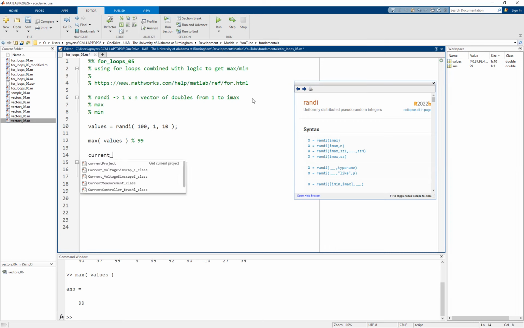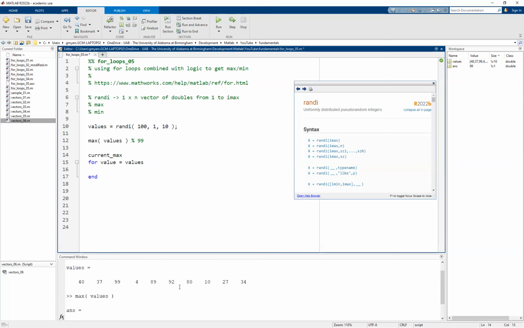In this case, we're going to call it current max. And the current max is going to be the maximum value that we have so far found. In other words, if you look here at the values, we want to loop through each of these values, and we want to compare it to the largest one that we have yet to find. Now, remember, we're trying to reproduce the Matlab max function, so we don't know that 99 is the largest